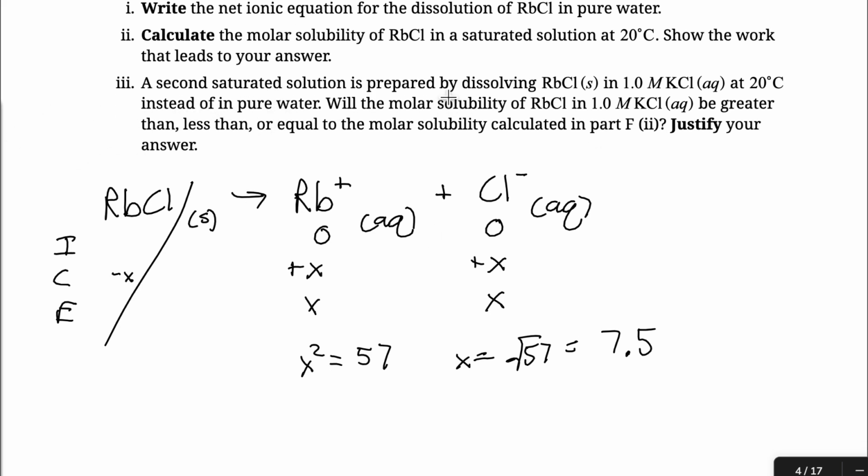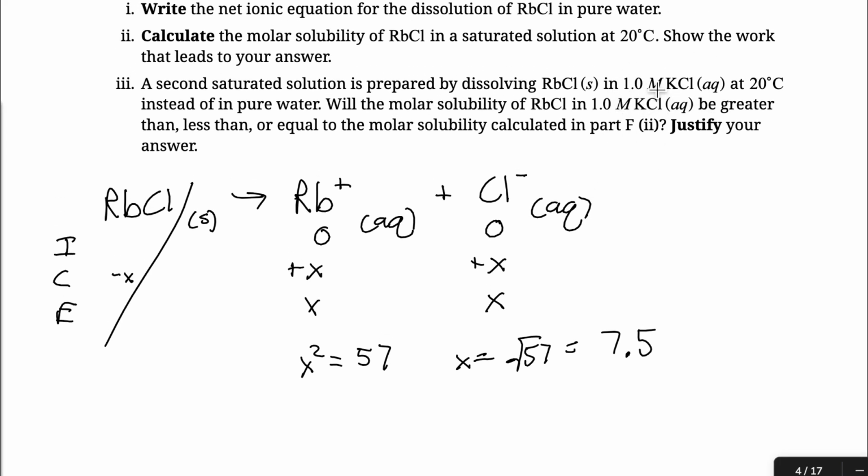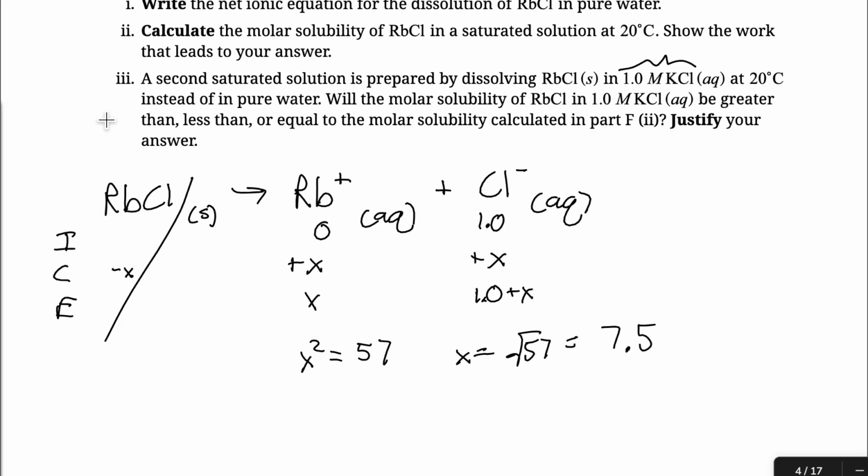Third says a second saturated solution is prepared by dissolving RbCl in 1 molar KCl instead of pure water. Will the molar solubility be greater than, less than, or equal to? So you could run through the calculations and see that now since we're not in water, we're technically in this solution of 1 molar KCl. That means that this Cl minus is not starting at 0, it's starting at 1.0 from this. So even though this is plus x, this is now technically going to be 1.0, or you could do 1.0 plus x. The math, you can go through all this, but what is probably more recommended and better conceptually is